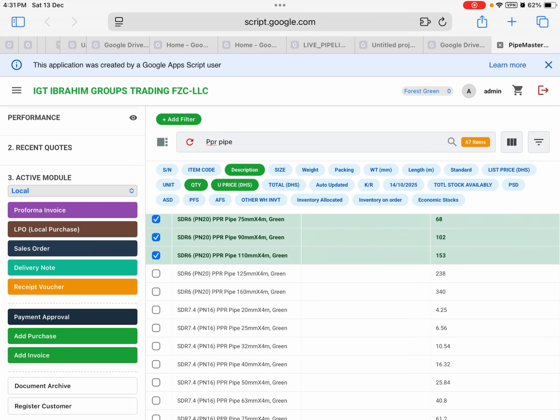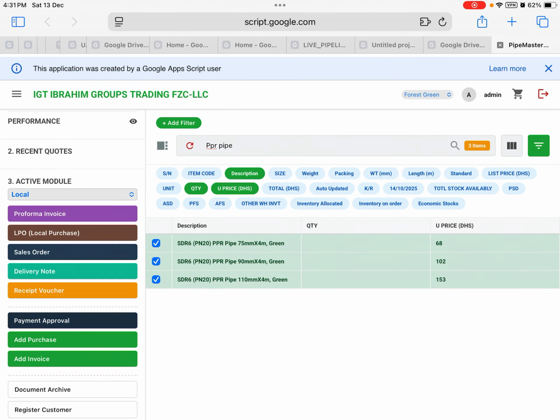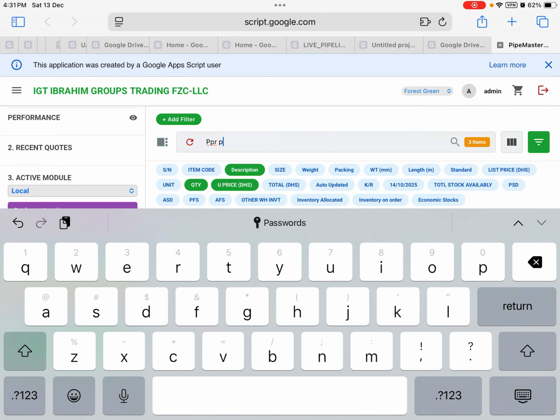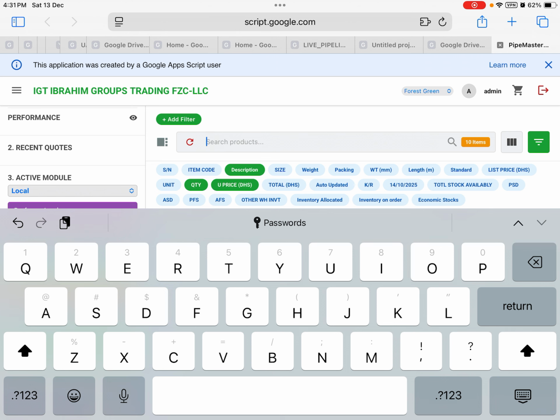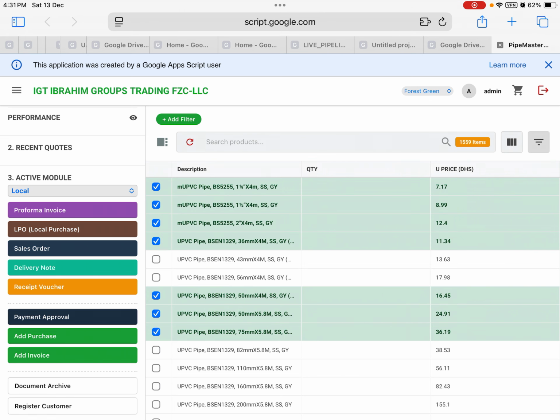what is the function? Okay, here it shows how many items you have collected. You just click here, it will find for you all the items which you already selected. So you can see here all items are here which are already coded. Okay, once you click here, it will load all items.